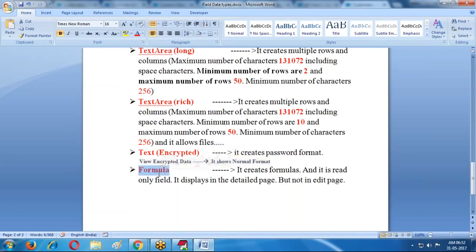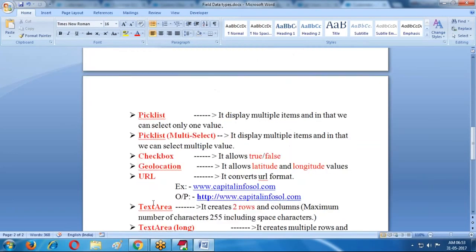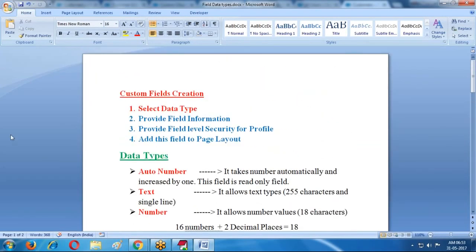Formulas: if you want to apply some logic on particular fields, you can write formula logic. If the customer deposits an amount for 90 days, there is some 4.5 percent rate of interest. If it is a senior citizen, 5 percent is the rate of interest. If it is 180 days, then 5 percent for normal persons, and for senior citizens 5.25 percent. Like this, if you want to calculate logic, you can create formula fields. These are the data types we use for field creation.